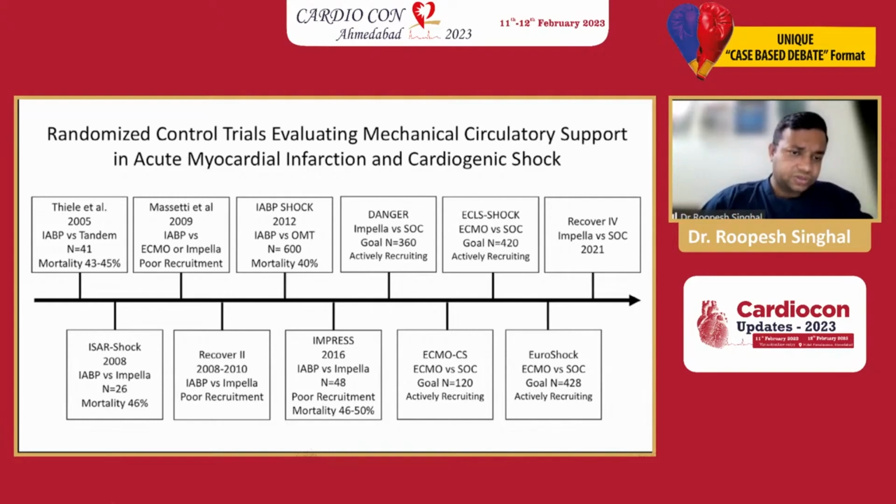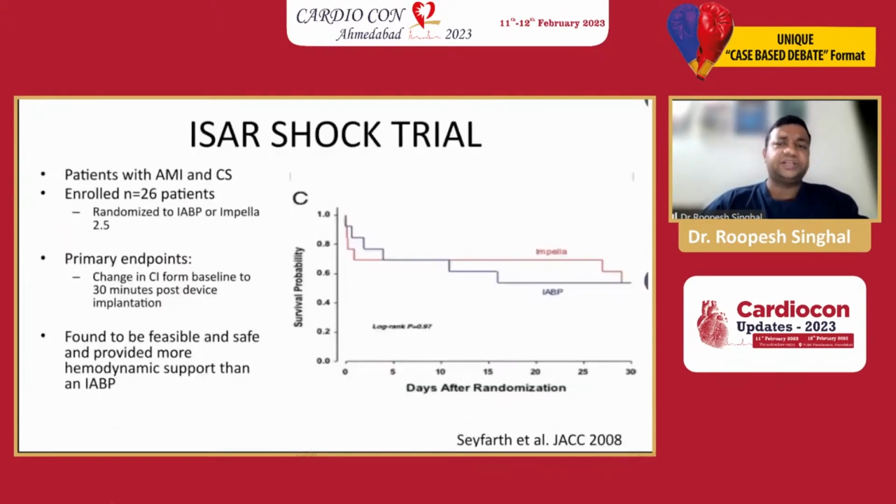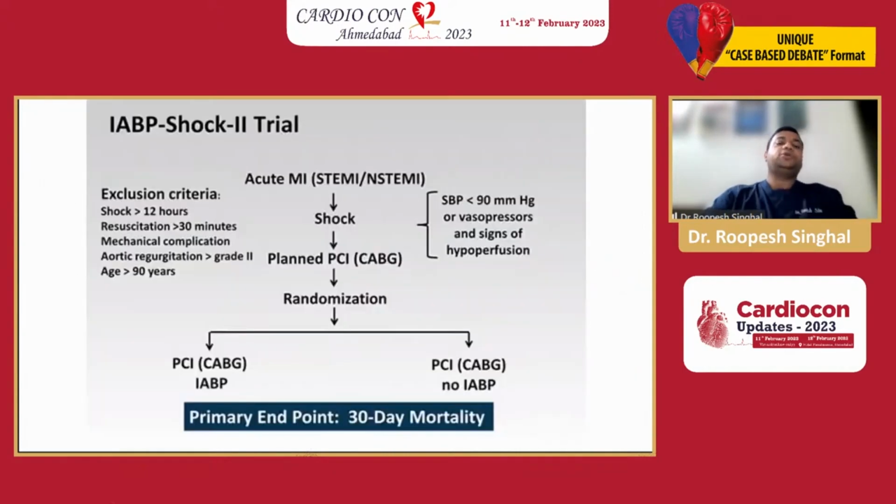Let's compare the two. This is a whole timeline of the studies that have compared the various mechanical circulatory support options in acute myocardial infarction and cardiogenic shock. So let's look at some of these trials. In the ISAR-SHOCK trial, a small study, patients were randomized to IABP or Impella 2.5, with effectively no survival benefit, though it was documented that Impella had better hemodynamic support. Then the IABP-SHOCK II trial,